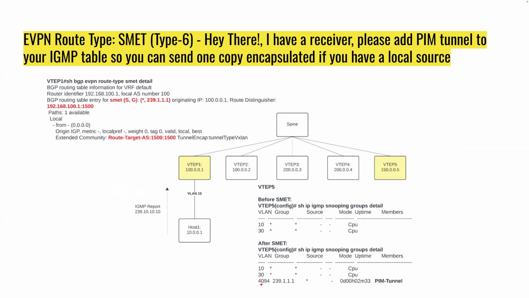But just because we do not have SVI 20 there, which is mapped to the VRF, this entry doesn't make any sense on that VTEP because it's an L2 VTEP, right? So in that case, we would also need one snooping entry for VLAN 20,